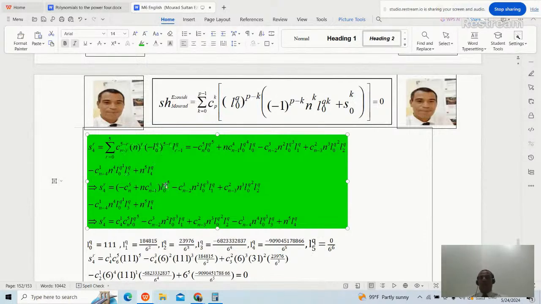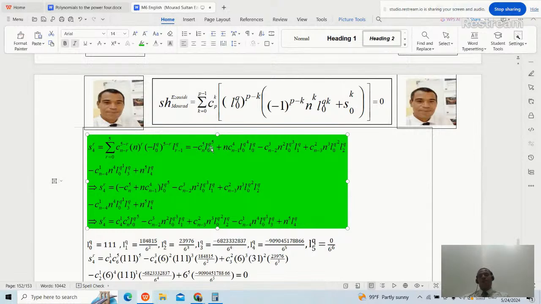I will just start as the sum over R from 0 to 5 of combination n minus r choose 5 minus r, where r is between 0 and 5, n raised to the power r times, between parentheses, minus L0 of order q raised to the power 5 minus r times L r minus 1 of order q. When r equals 0, it will give negative combination n choose 5